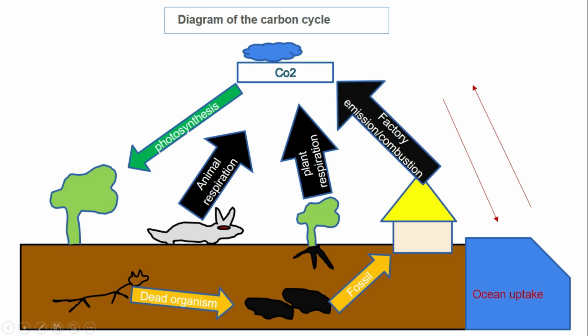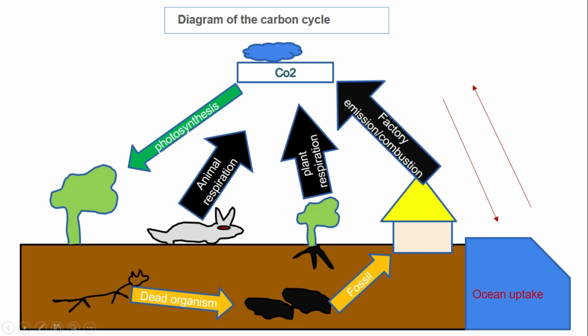Now, carbon dioxide is mainly in the atmosphere, and how the cycle takes place is that it will go into the plants and animals, into the soil, and back to the atmosphere. And as you can see over here, ocean uptake, the same process is going into the ocean and